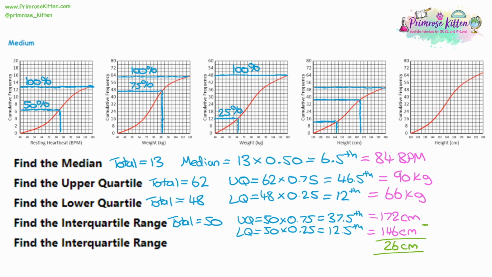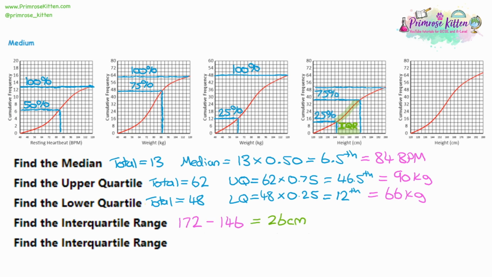And what that means is the middle 50% of people, because below the lower quartile, you've got 25% we've not looked at. Above the upper quartile, we've got 25% we've not looked at. We're looking at the middle 50% of people, and I'm just highlighting on the graph here, these are half the people represented on the graph. That 50% of the people has a range of 26 centimetres. So we're just saying how close together the most average people are.